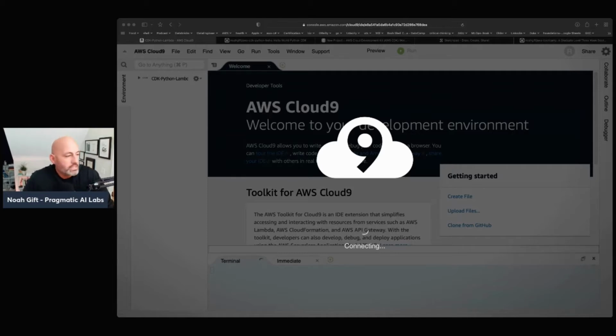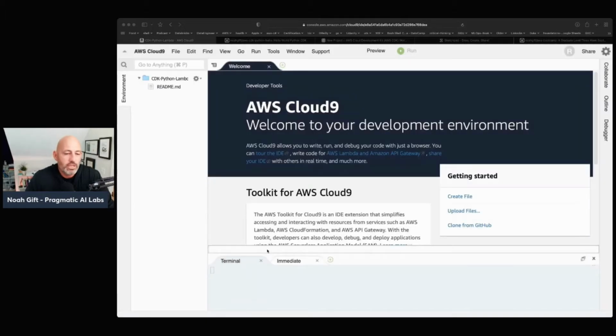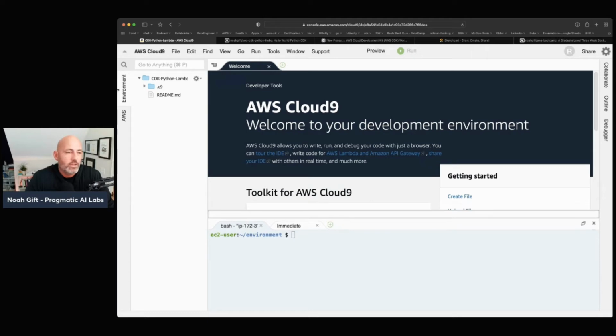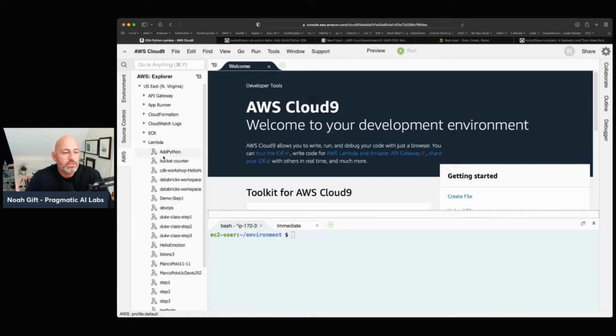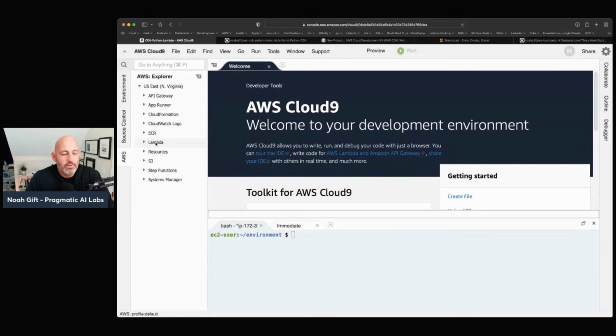All right, so the first thing that I'm going to do when I open the things up here is just give you a brief overview of what's happening in this environment. You can see that if I click on the left side of the AWS Cloud9 environment, I can go through here and actually see all these AWS tools to play around with, and in particular Lambda. If I want to do some kind of invocation, I can invoke a Lambda, which is something we'll do in a second. But it's really a nice integration here for you to develop your code.